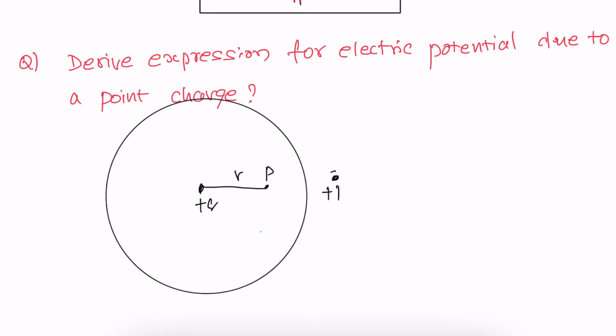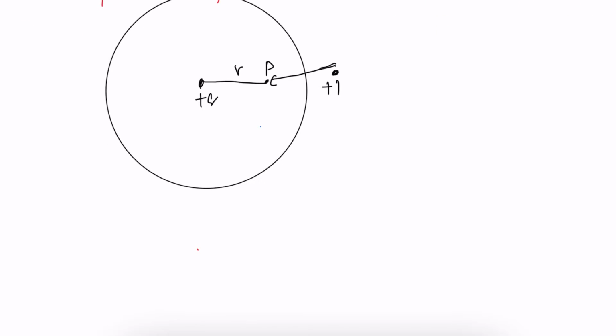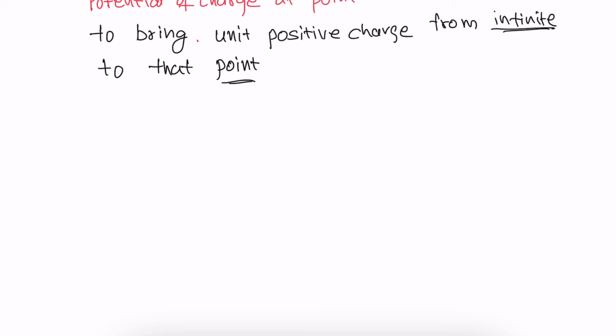So some work is used here. I want to bring a unit positive charge from infinity to this point. That work is called potential. So what is the definition of potential? Potential of a charge at a point is defined as the work needed to bring a unit positive charge from infinity to that point. Potential is denoted by V. So what is the V formula? V is equal to